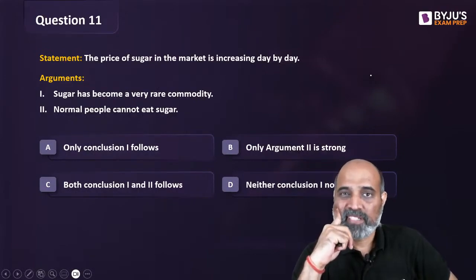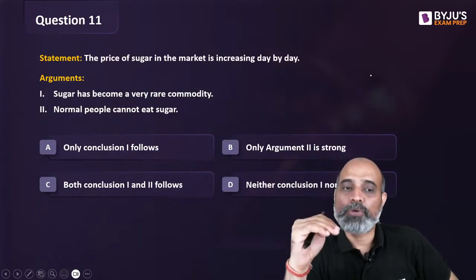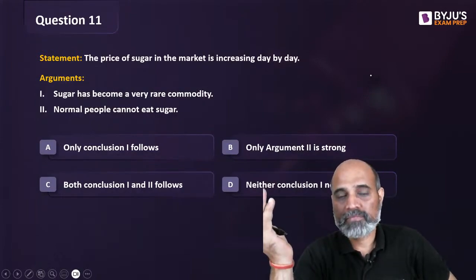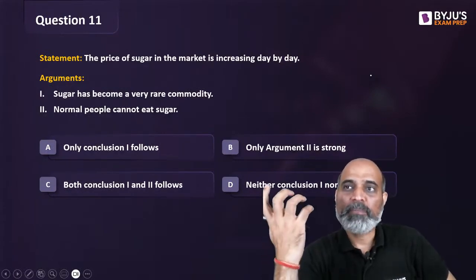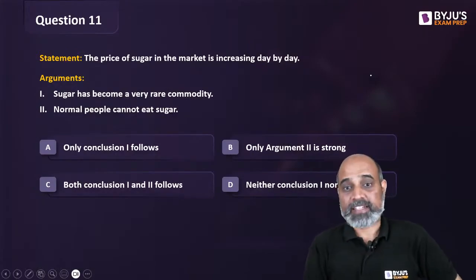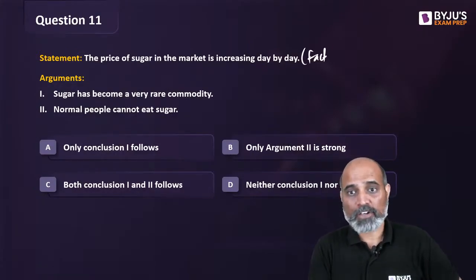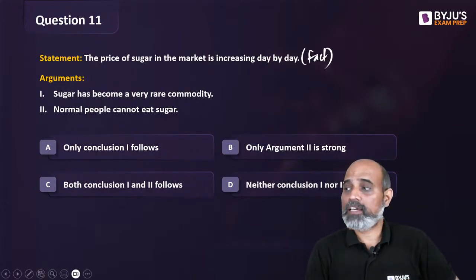So चीनी की कीमत बढ़ रही है. Arguments are... Sugar has become a very rare commodity. देखो जब आप ऐसे कुछ statements बोलते हो ना, तो आपके पास कुछ facts होने चाहिए उसको support करने के लिए. Statement is a fact, arguments are not. Arguments are what you are saying, right? So अगर